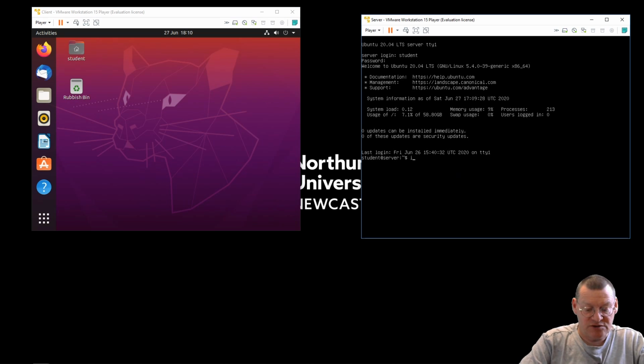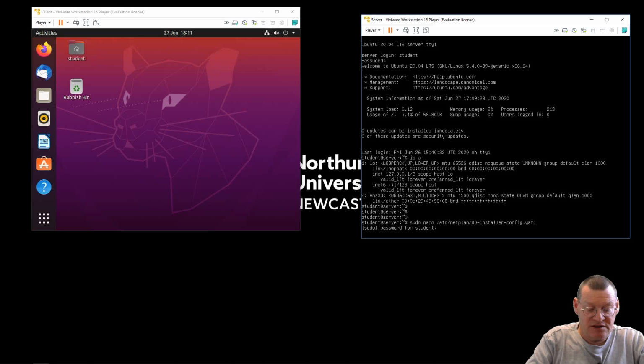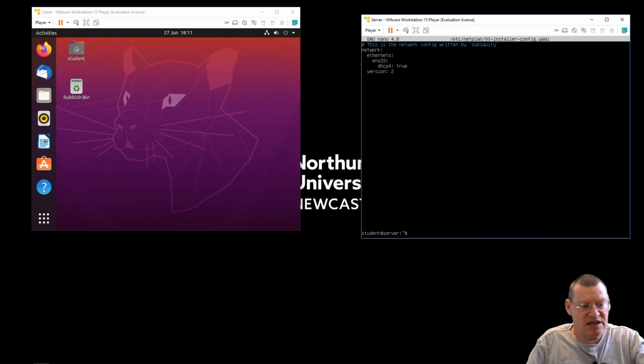Okay, so on the server, if I do ip a, what I'm going to find is I have a network card here, and we can see the network card is ens33, but that's not what it is in the configuration file. So sudo nano /etc/netplan, and the netplan file. Northumbria as my password, and I can see it's down as a different name altogether, and it should be ens33. So I change those settings, save that, exit out,